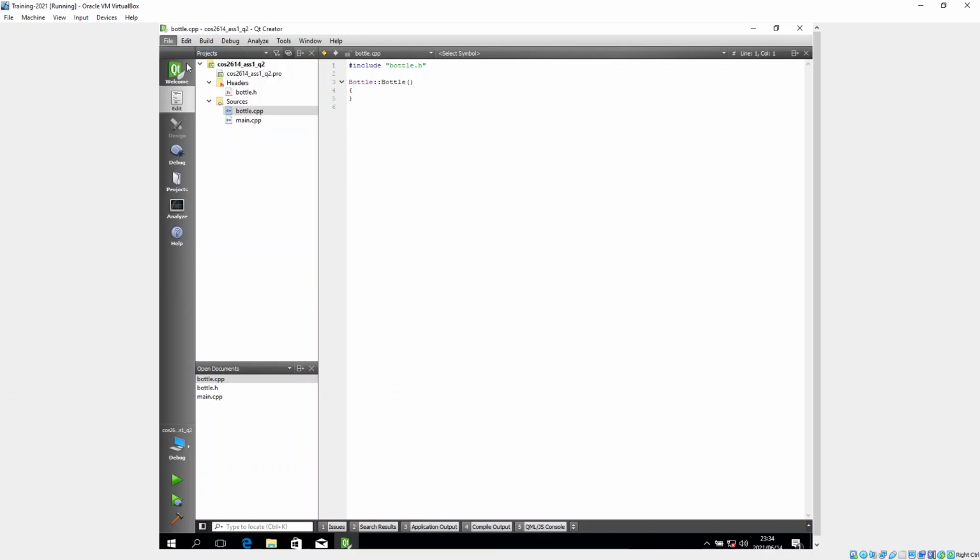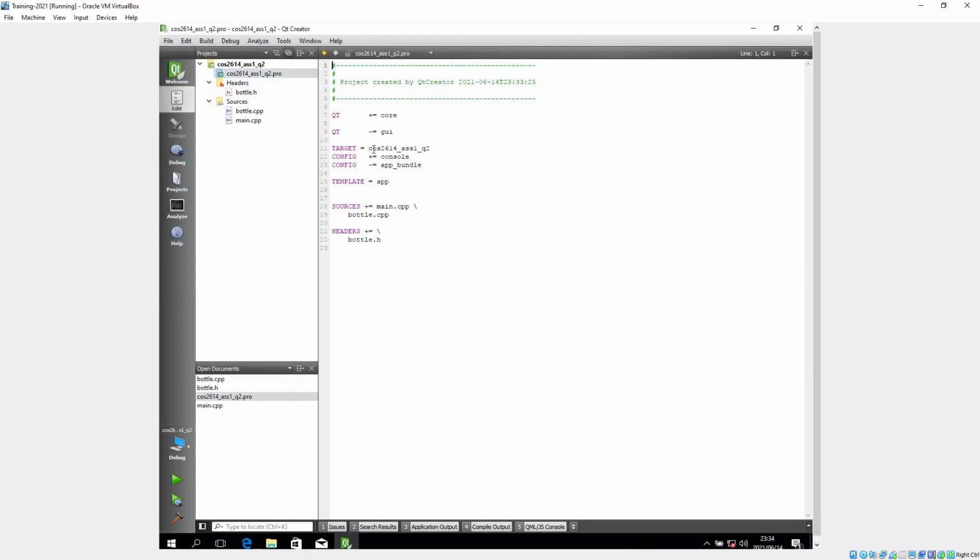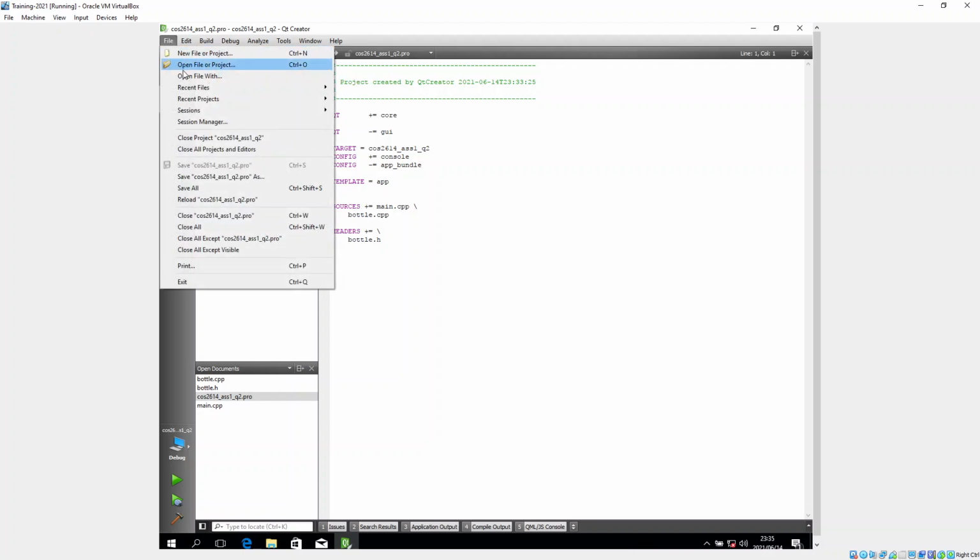I'm going to open my existing project. Something that I failed to tell you is, if you have a look here at the Qt pro project, you'll notice that there's a minus here for GUI and there's a plus for the core. You can see the target name it gives it. It says it's a console, gives it an app, and then it adds my CPP files and my header files. Okay, so like I say, I've already got my